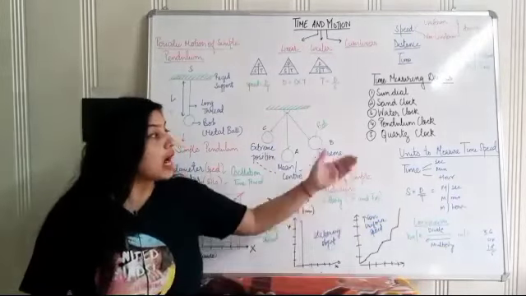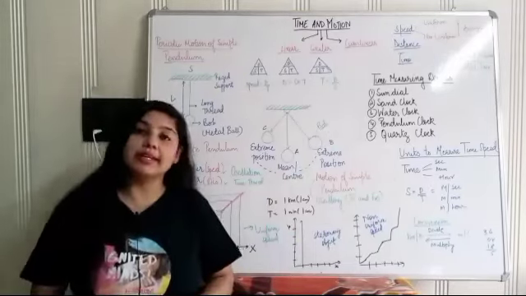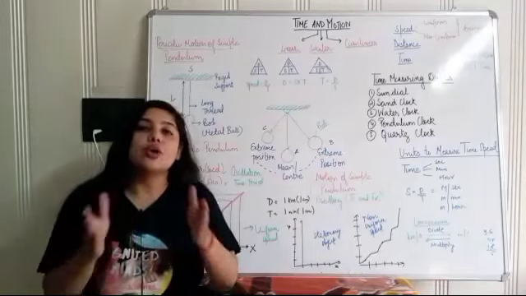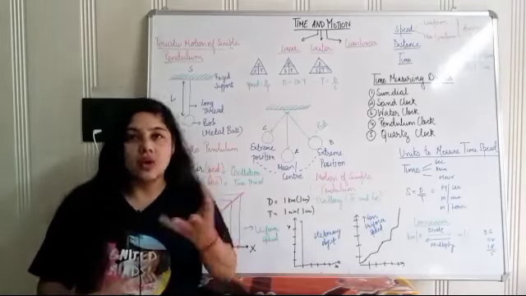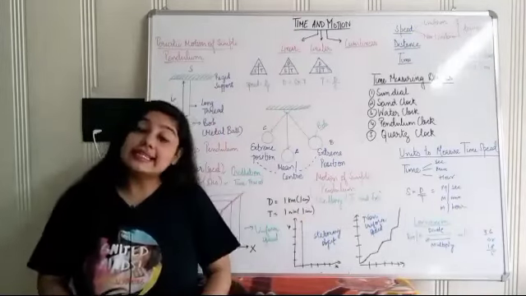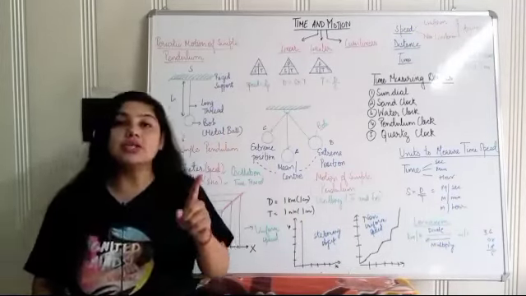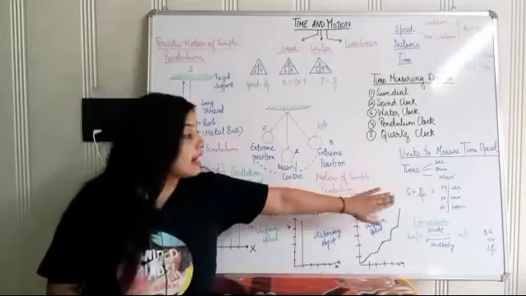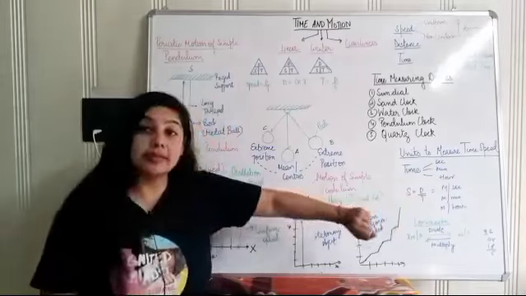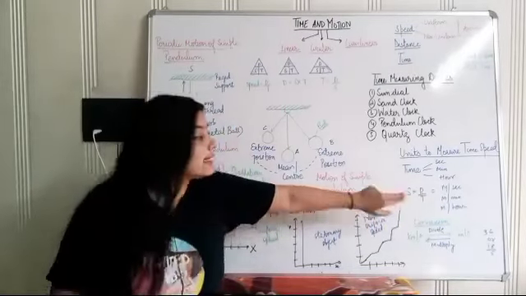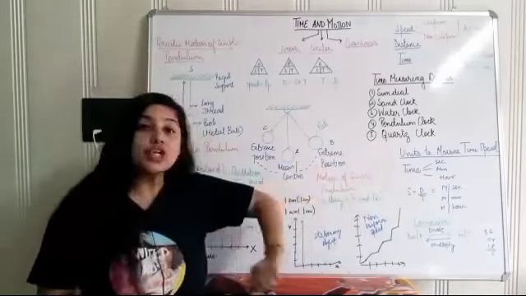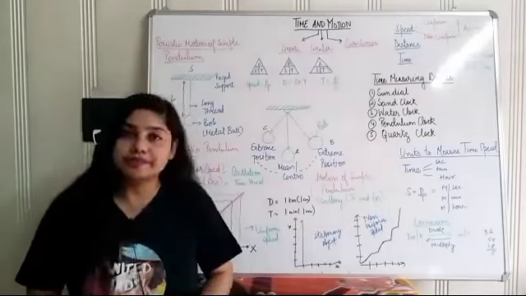Now coming on to how to measure time and speed. Time is a very simple concept. Time you already know. Time is always measured in seconds, minutes or hours. Then if you have to find out speed, distance has 2 units, either meters or kilometers. So if you have to find out the speed, what is going to be the formula? Distance upon time. That means if distance is in meters, then speed is going to be meter by second or meter by minute or meter by hour.